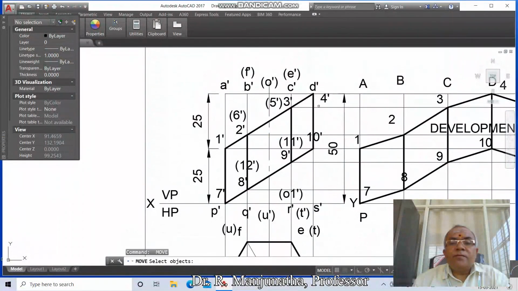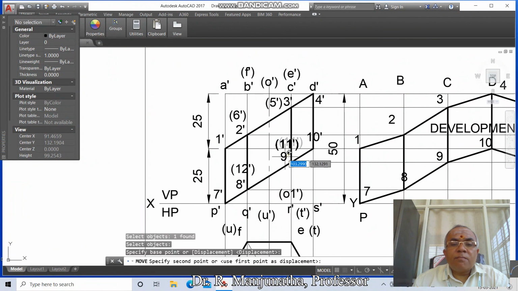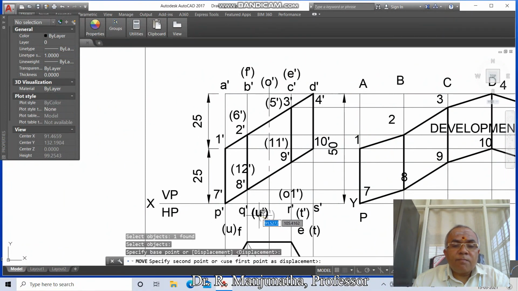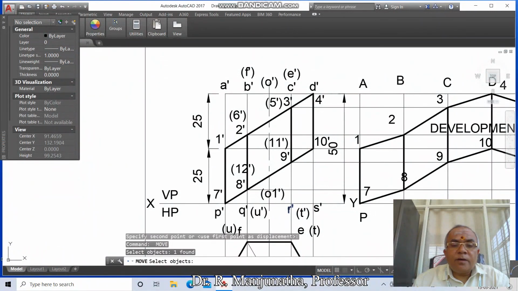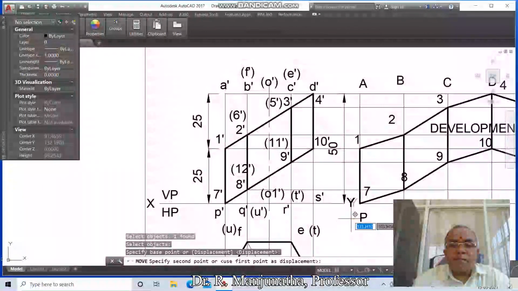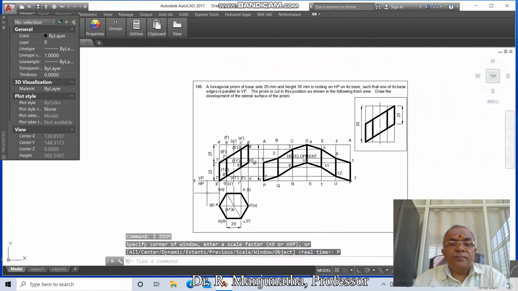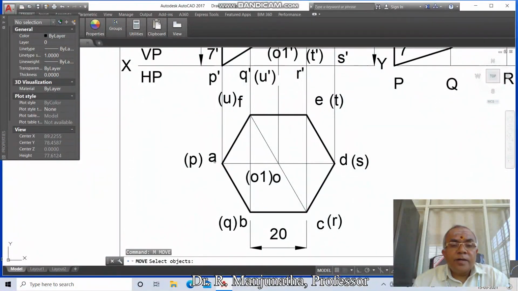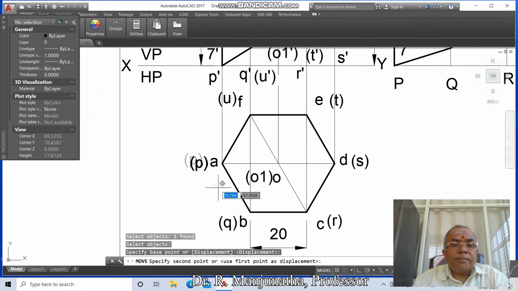dash, then 4 dash, then 7 dash, then 8 dash, then 12 dash, then 9 dash, then 11 dash, then 10 dash, then P dash, then Q dash, then U dash, then O1 dash, then R dash, then T dash, then S dash, then Y, then go to zoom previous, then go to zoom window, then here you make it as move, take A, then you take P, similarly F,